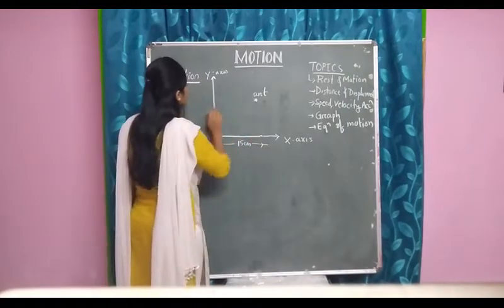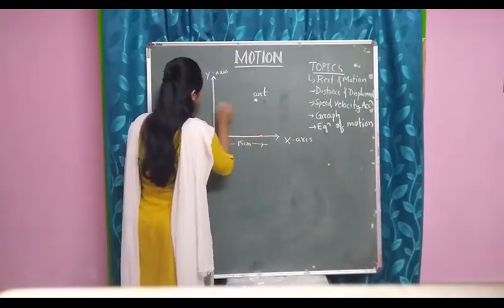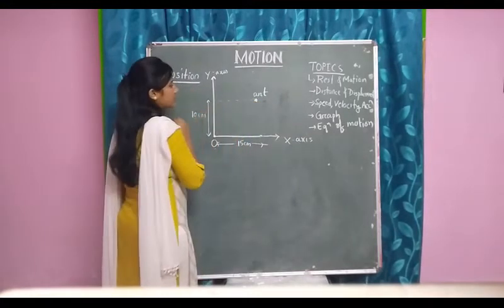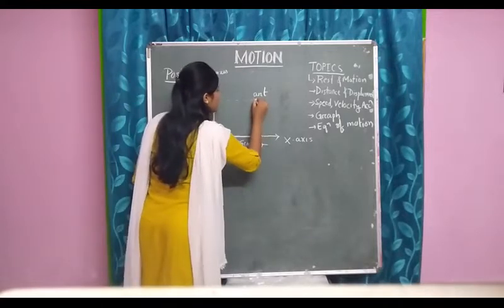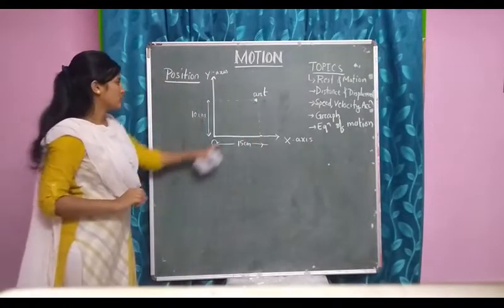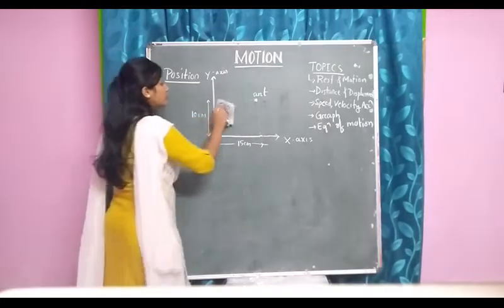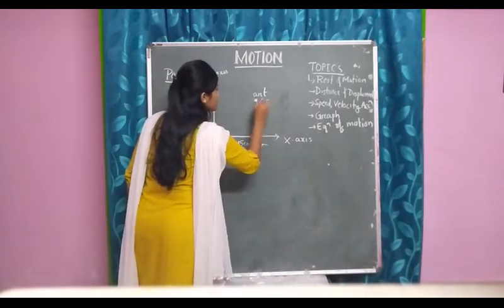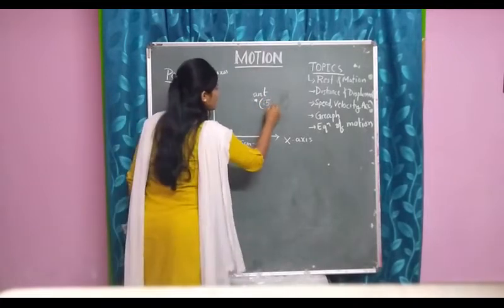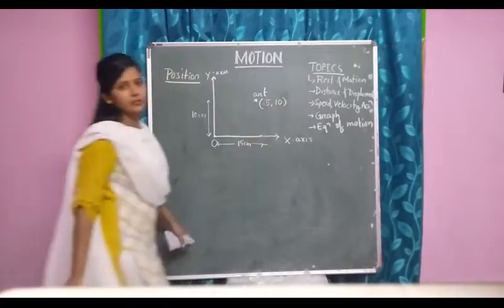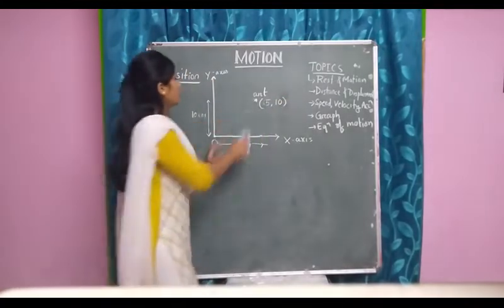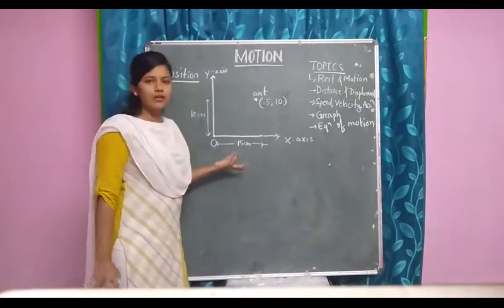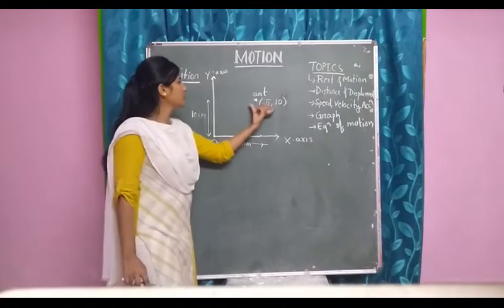And then towards north we will go, suppose this corresponds to 10 centimeter. So this will be the position of this ant. So how will I locate the position of this ant? I will say that the position of this ant is 15 centimeter and 10 centimeter. So this is an example of frame of reference, that if we take a different reference point, we will have a different